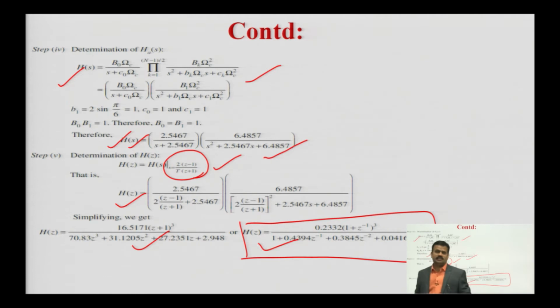So, I hope it is clear to everybody how you design your digital filter using the Butterworth filter approximation or Butterworth filter method. It is generally indirect. It is so simple, but you are adding one step. At first you have to make your H(s), the transfer function of the analog filter, and after that, that H(s) is converted into H(z).